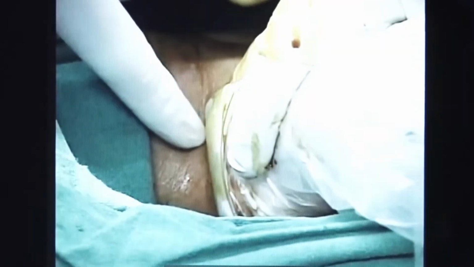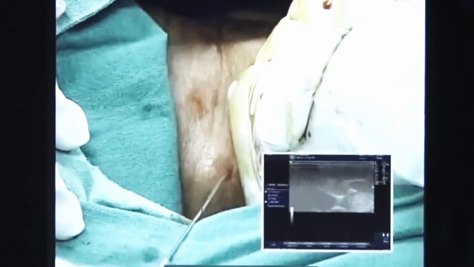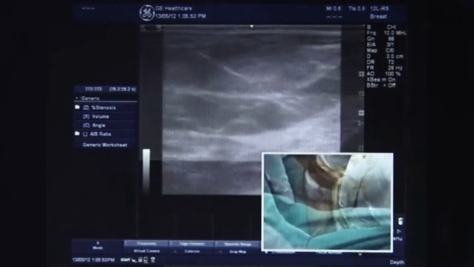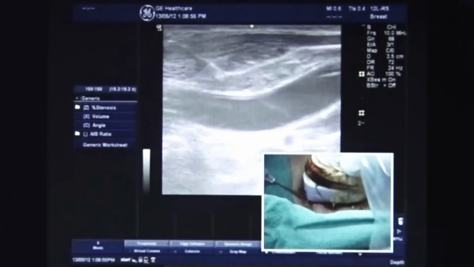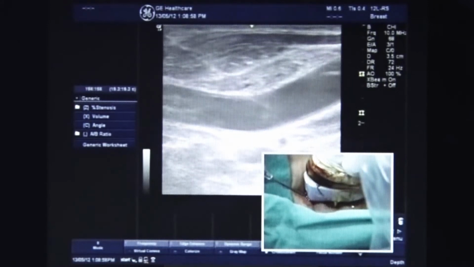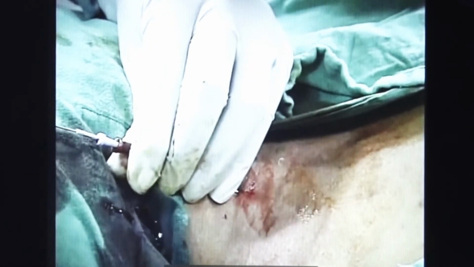What our practice is that we try to puncture as low as possible, just close to the clavicle. And if you see the vein, we are entering the vein from the lateral aspect. If we enter the vein from the lateral aspect, that gives a very smooth curve and avoids kinks in the catheter. So you can see the needle going inside the vein. Free flow is confirmed, and then we introduce the guide wire into the vein.